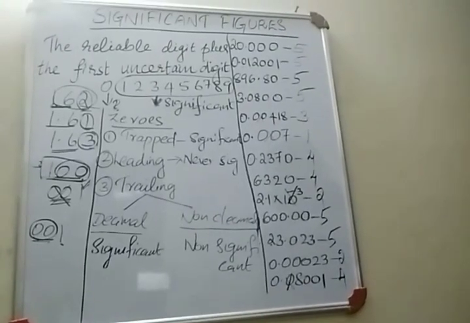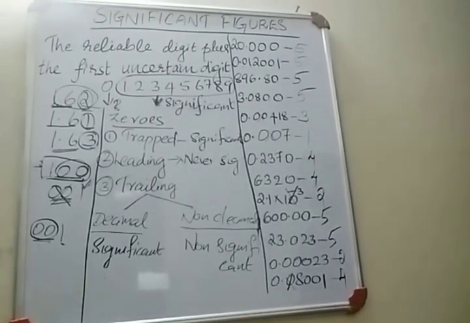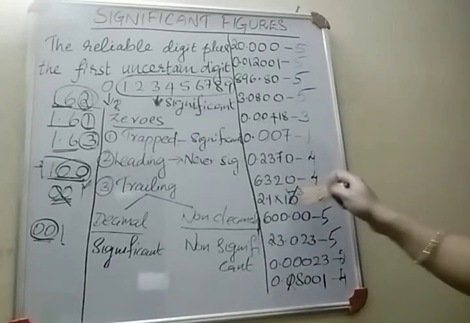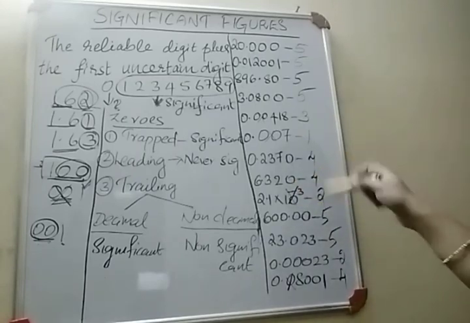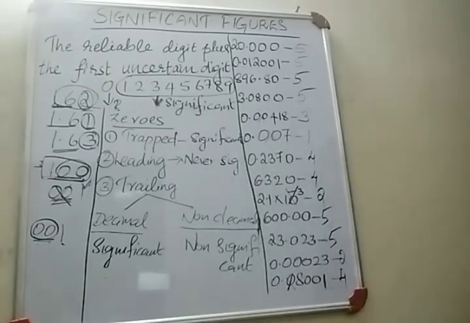Okay, so this is the trick to find out the number of significant figures in any number. Even if we convert a quantity from gram to milligram or from milligram to gram, the number of significant figures is not going to change. And also the powers of 10 can be ignored whenever we count the number of significant figures. So children, that's all about the significant figures.